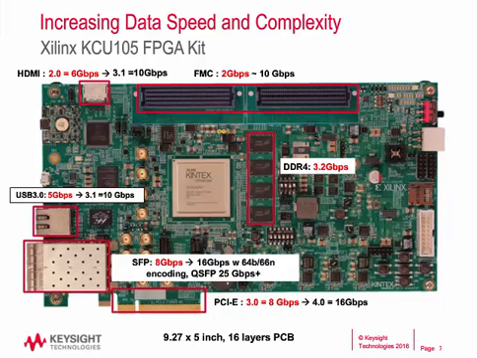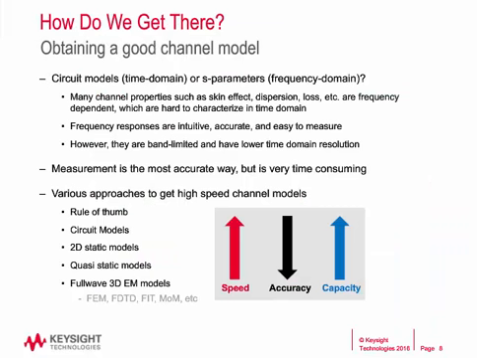So, as discussed in the previous slide, it is easy to see multi-gigabit high-speed channels in today's boards. The question is, how do we get a good channel model? There are various types of modeling approaches. For example, you can build a time domain circuit model or frequency domain S-parameters. Over the past decades, frequency domain S-parameters became very popular